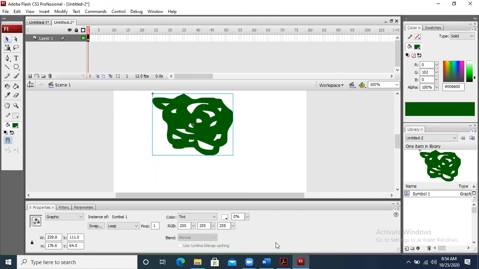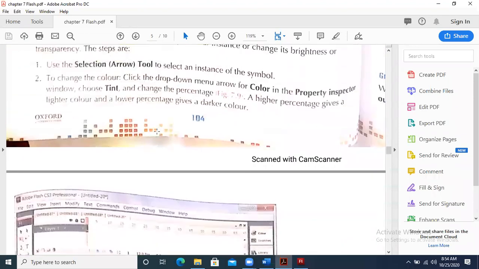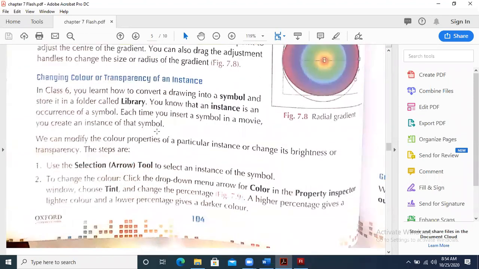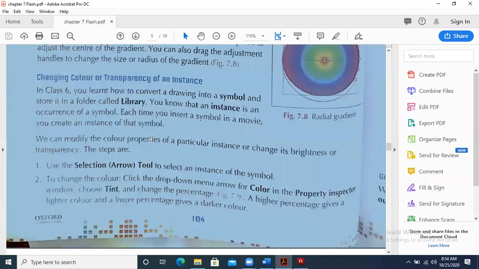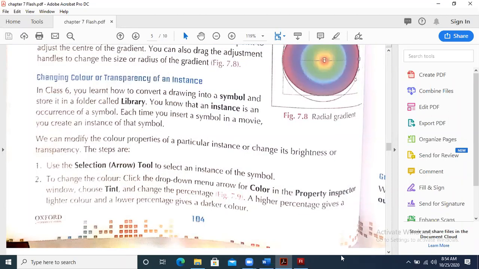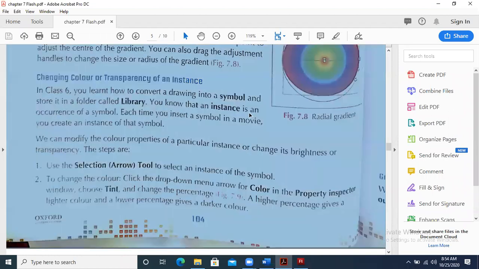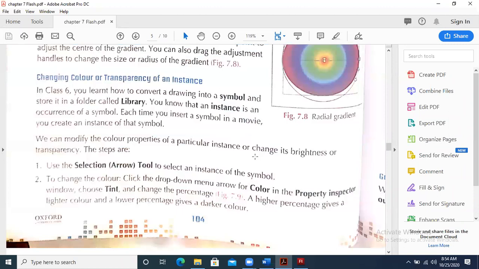So this is how we can apply the tint option with different percentages. This is basically called transparency. How are we applying transparency to the object that we are drawing? We are making it transparent, less transparent, then more transparent.